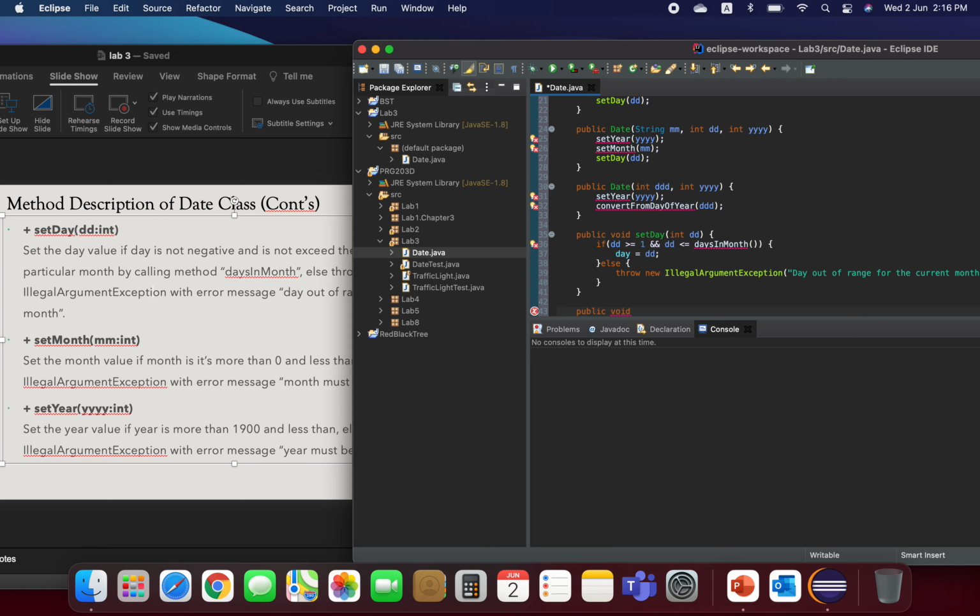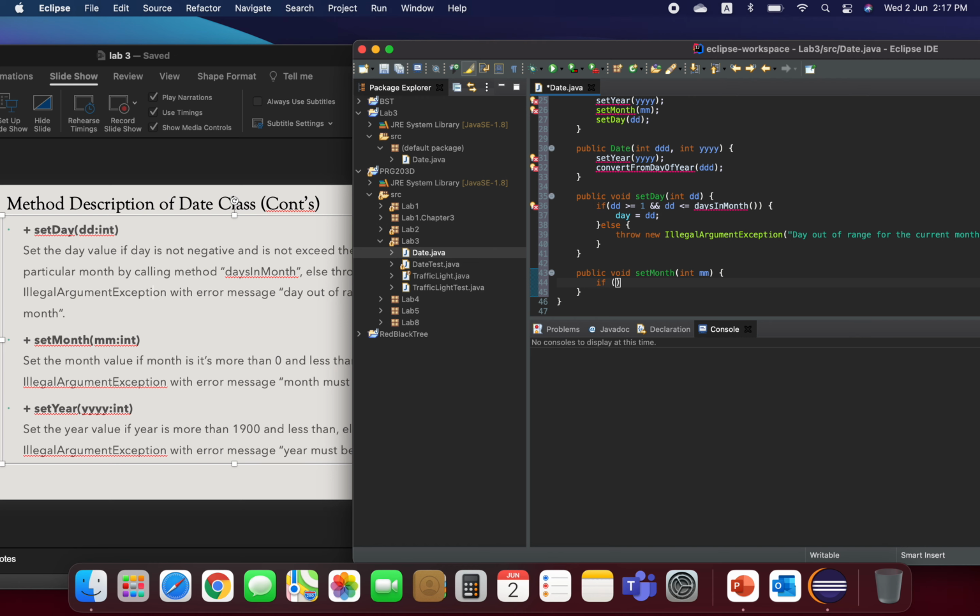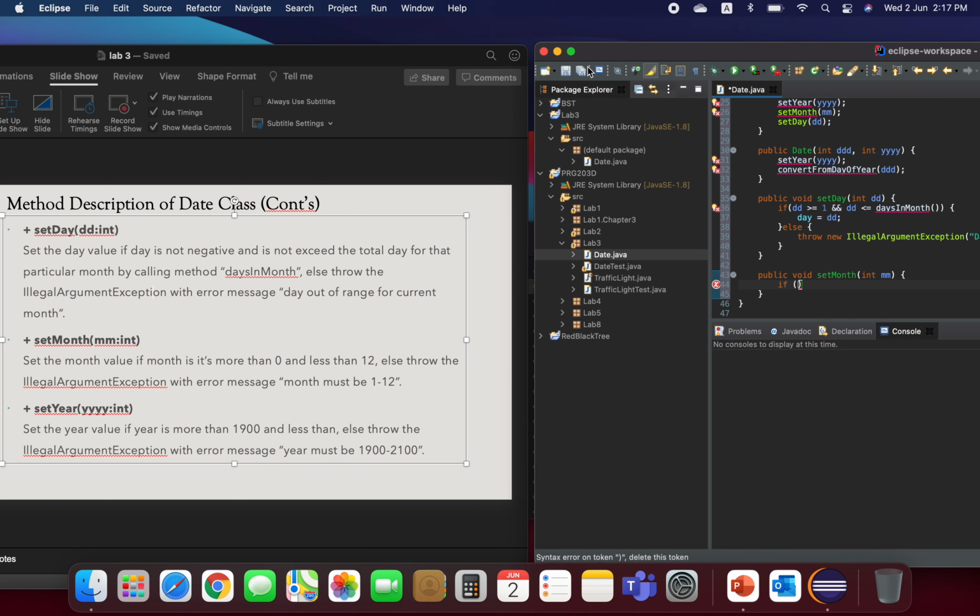Public void setMonth, and this will take in an integer. So we're going to check the value: if it is more than 0 and less than or equal to 12, else it will throw the error message, the IllegalArgumentException. So if it is more than 0 and less than or equal to 12,